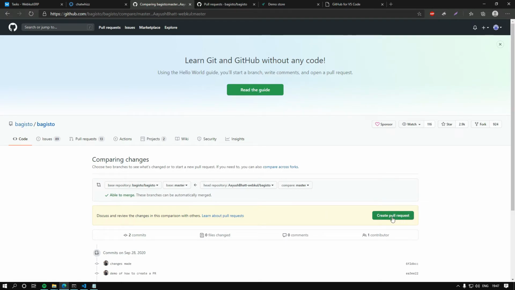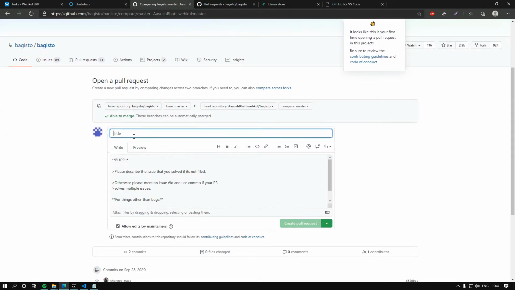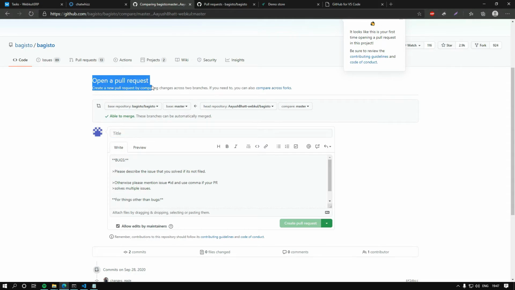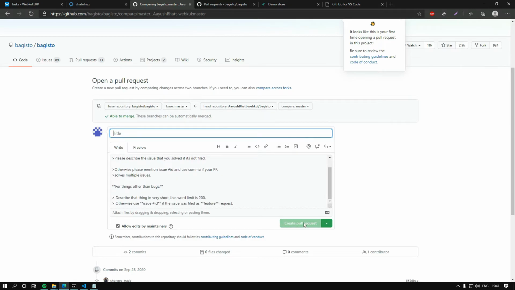Click on create pull request, and you can write the title which you want for sending the pull request. And after writing a brief description about the issues that you have fixed, you can click on create pull request, and it will send a pull request to the admin.